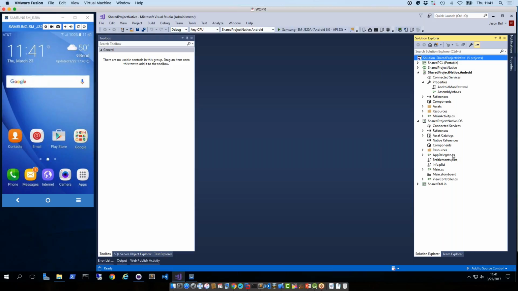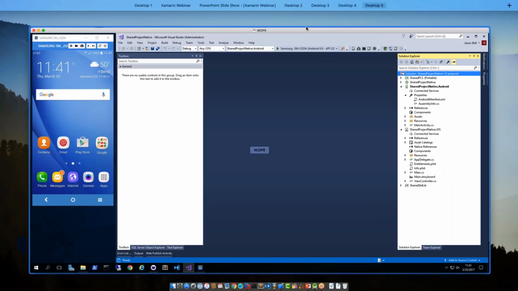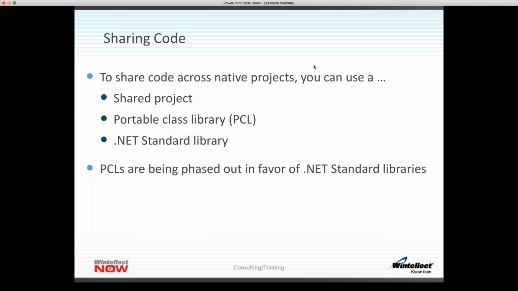Now, what about the stuff that I can share? Okay, so this is where we get some choices. Okay, so to share code across native projects. So again, if I'm taking this approach, I still need that native iOS project and that native Android project. How much code you put into those native projects can vary depending on your application, right? But we do need that because that has the manifest and the plist,